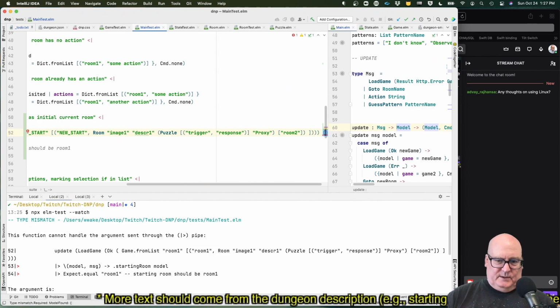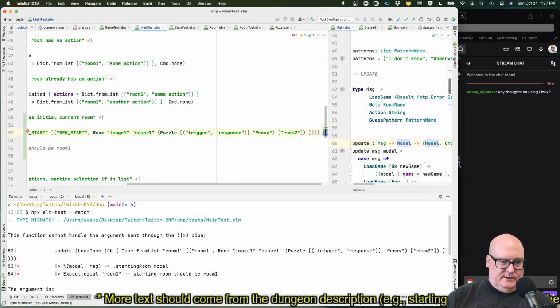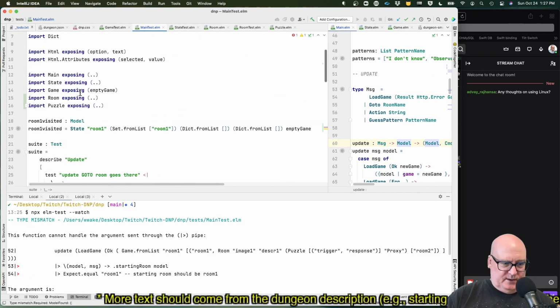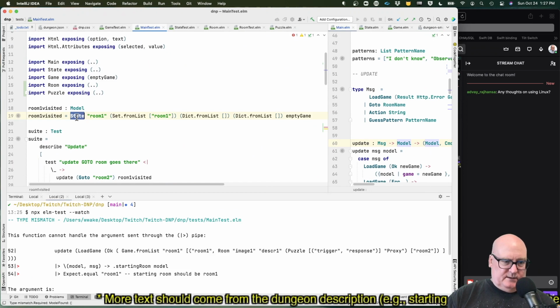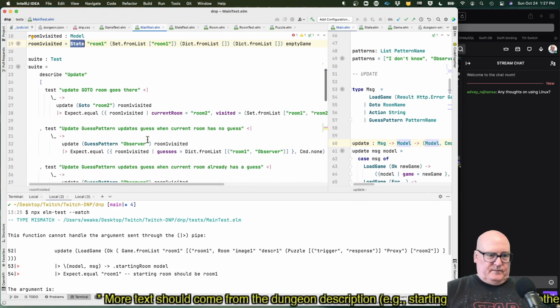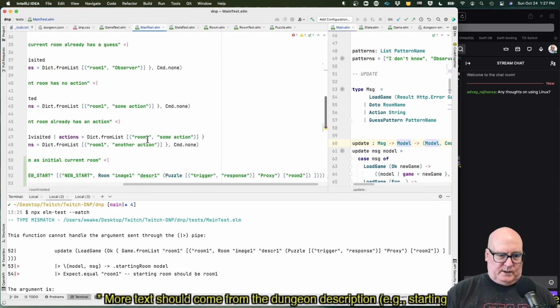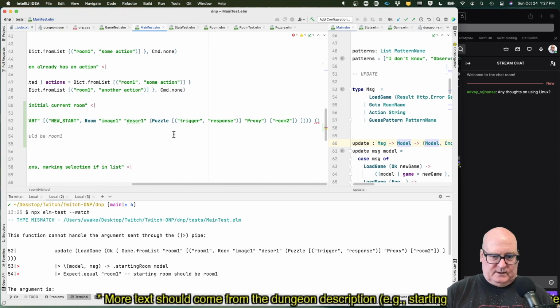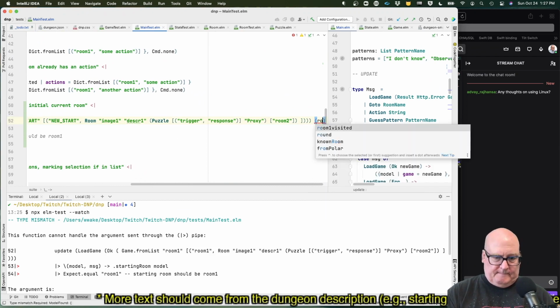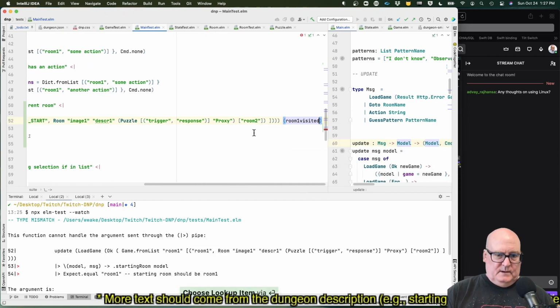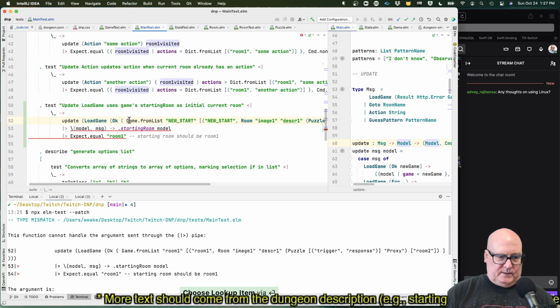The second argument needs to be a model, and in this case, we have a model up here we can use. This room 1 visited is a model, so we're going to start from room 1 visited. Okay, that is the model we're calling with. And so I expect this to be update with load game and a model.